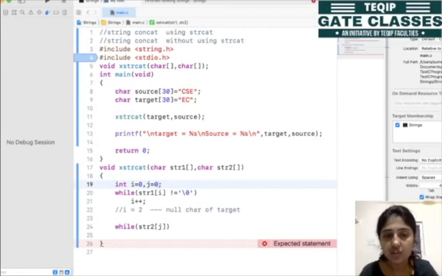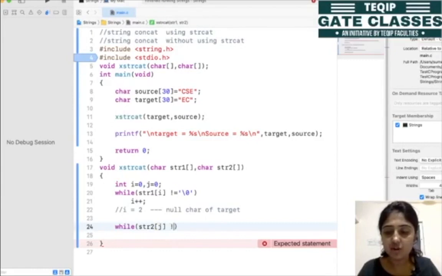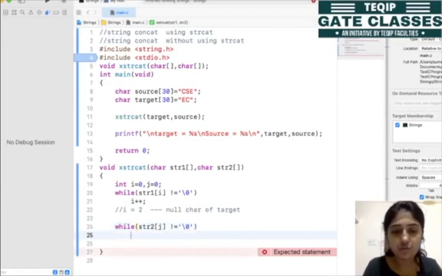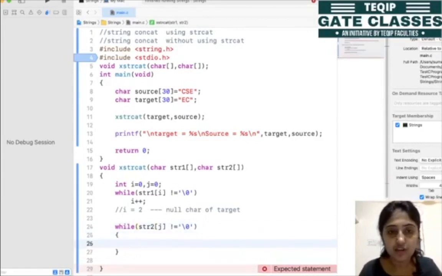So for this source string, we are at position 0 and we are checking that str2 of j, that means the source at the 0th location, is not equal to /0. If this is true, then we need to copy this character into the target.